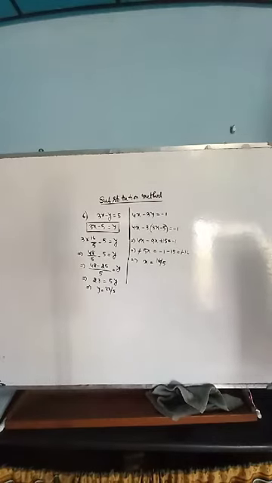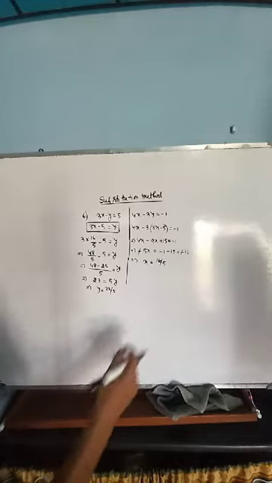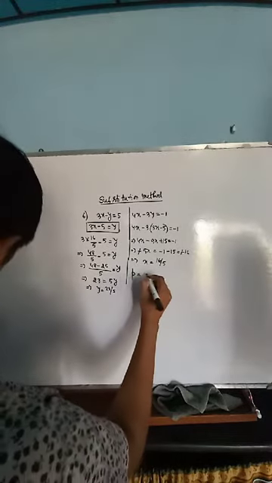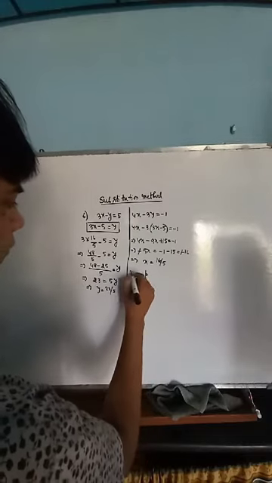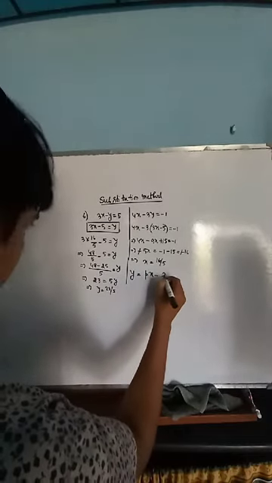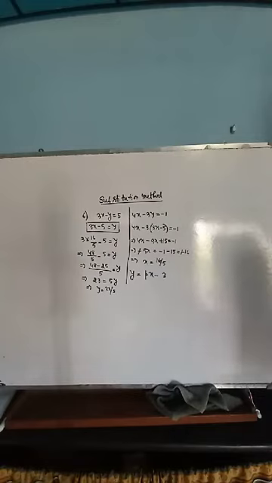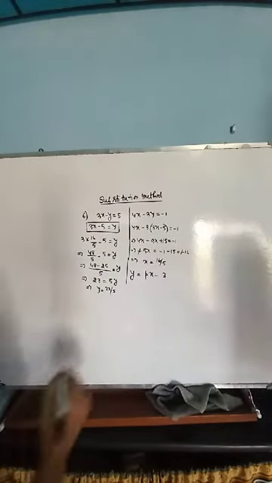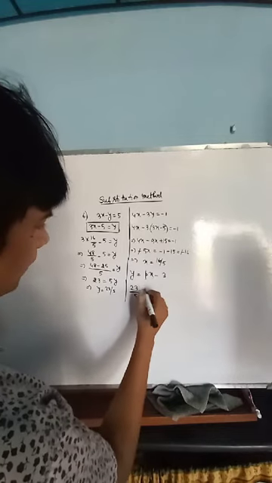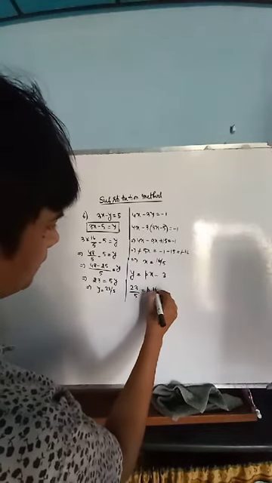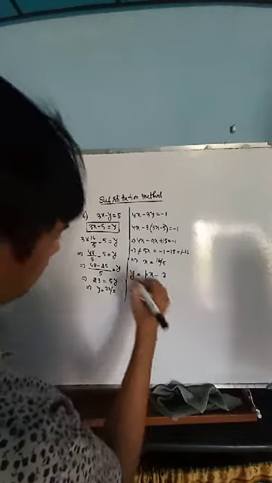Now the question says hence find the value of p. The question is y is equal to px minus 3. Y is equal to px minus 3. Okay, see the y value is what? 23 by 5. The p value I don't know, the x value is 16 by 5, minus 3.